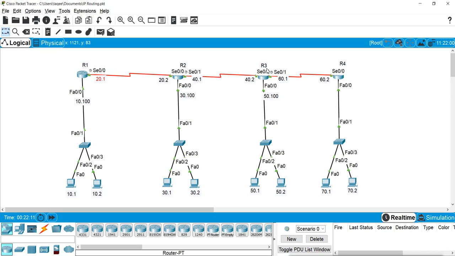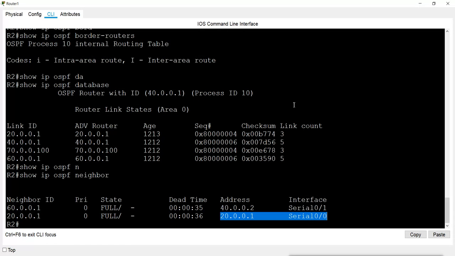Now the other neighbor is router 3, which is connected with this interface, but the router ID is this 60, because the maximum IP will become the router ID. So here you can see the other neighbor is connected with this IP from this interface, but the router ID is this. So these are the two neighbors this router has.